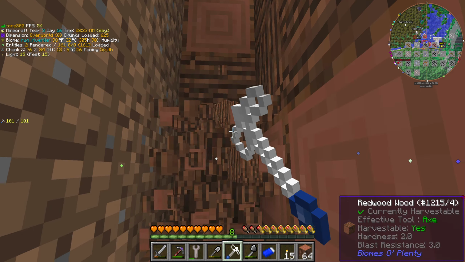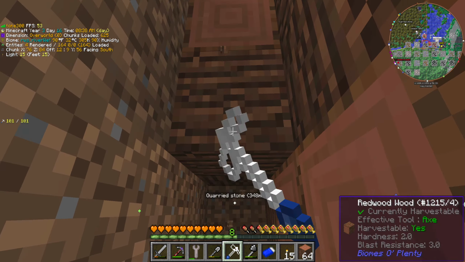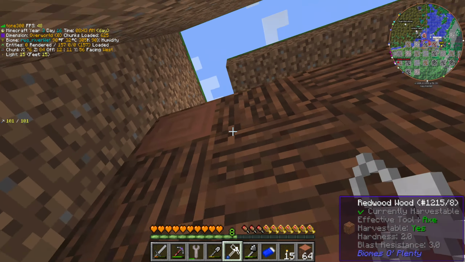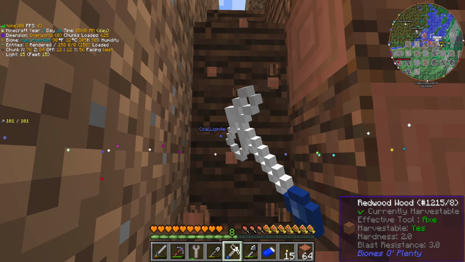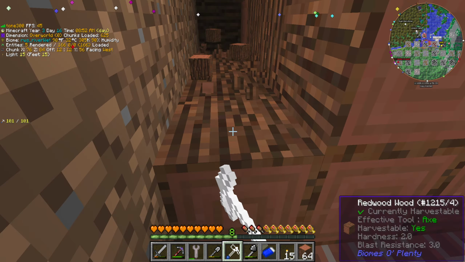Okay, so that was a mistake, wasn't it? I wasn't sure if the dirt would actually form part of the multi-block or not, but it does. It just says it has to be surrounded by dirt, but